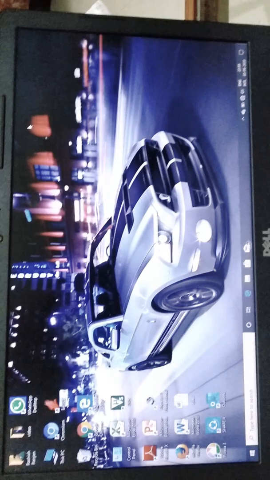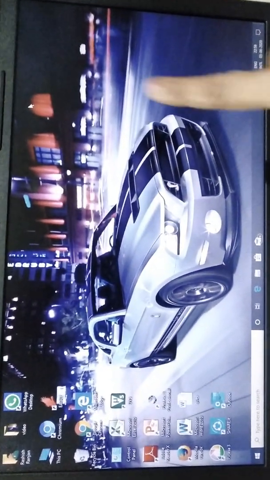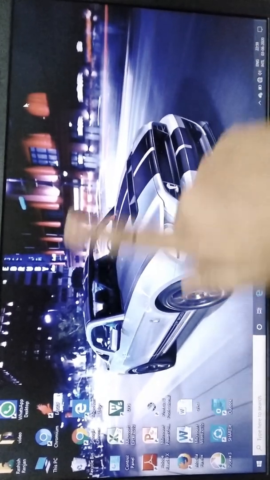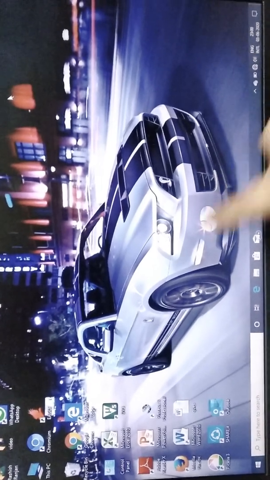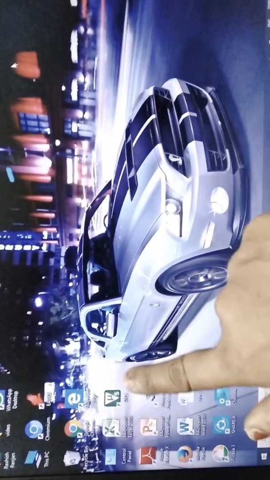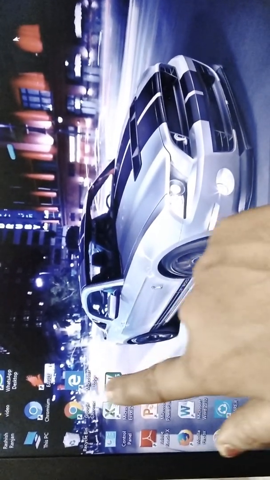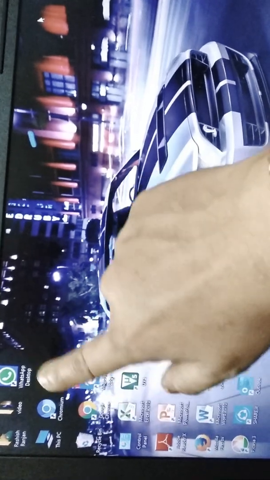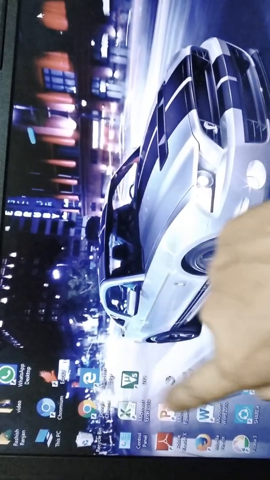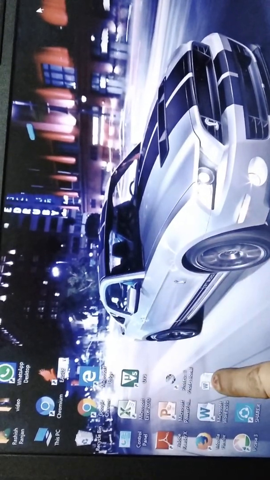Now, after booting, the first screen which comes on the screen is called your desktop. Here, this is the taskbar at the bottom of your desktop, and these are the icons. Here is your My Computer, then this is your Recycle Bin, then Chromium, Chrome, Excel, PowerPoint, Word software icons are there, and file icons are there.